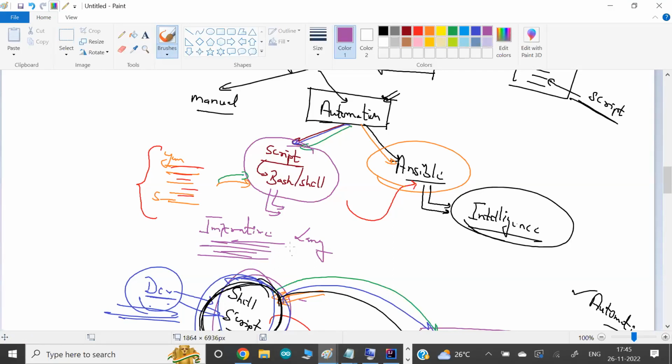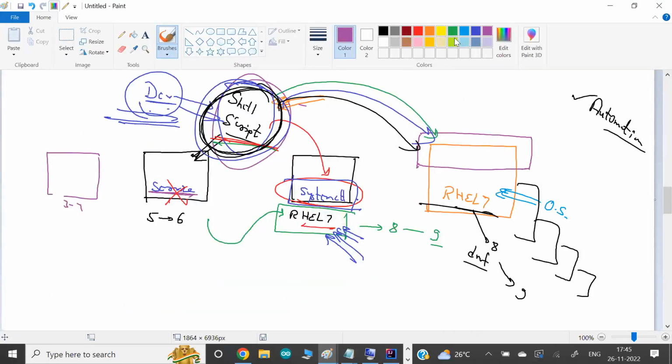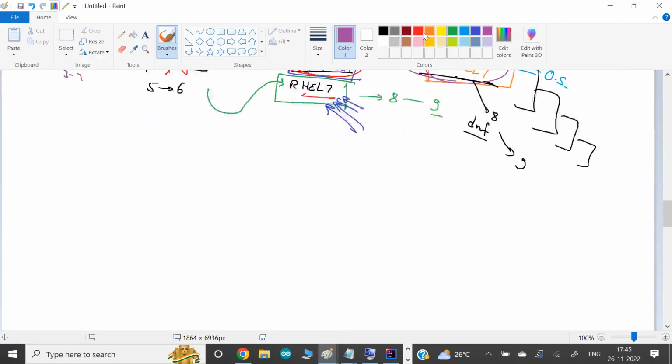Now the challenge here is that this company might migrate, they want to change to the new version of Red Hat, but they have to change the entire script to set up their services, or set up their entire server for the configuration part. This is one example I'm talking about, but there's a possibility your company plans to use multiple systems, multiple OS, multiple servers.